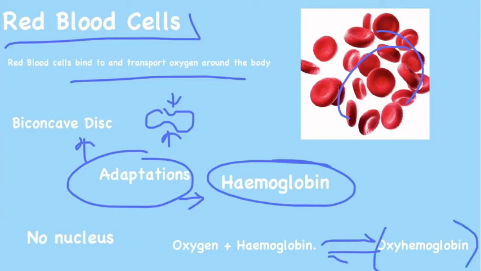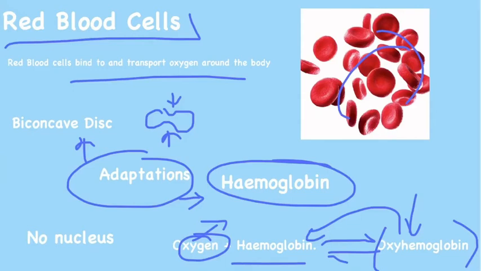So this reaction will probably occur in the capillaries next to the alveolus, where most of our gas exchange takes place, and this oxyhemoglobin molecule can be transported around the body, and because this is a reversible reaction, our oxyhemoglobin can convert back into oxygen and hemoglobin. When it reaches the cells, the oxygen here will diffuse into the cells to be used in reactions such as respiration, and this hemoglobin will stay inside of the red blood cells to be reused and to bind to more